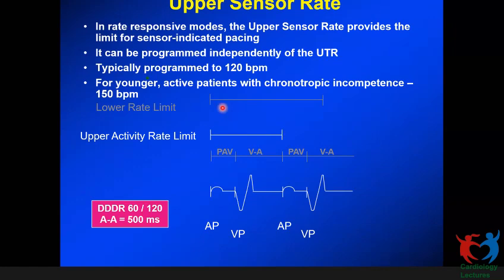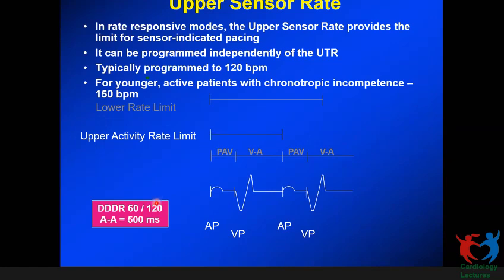So now we are looking at an atrial based timer. So this is my lower rate. I'm delivering a pace here, start an AV interval, pace the ventricle. At the expiry of the lower rate interval, I deliver a pace one more time. I start an AV interval, pace the ventricle when the patient is at rest. Then you have programmed an upper tracking rate, upper sensor rate, or the upper activity rate. When the patient is maximally active, in this case the pacemaker will pace the atrium based on the input